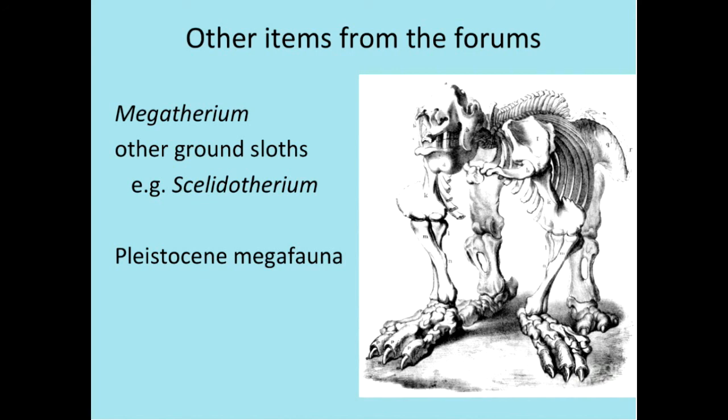So megatherium was just one of those, and these were one of the things at the time people started to find a lot more fossil animals, and big fossil animals that they knew didn't exist anymore. A great big thing like a woolly mammoth or a mastodon or something, you can't just miss those. They must be around. If they still existed, people would know they existed. So this was suggesting that, okay, things really had gone extinct. So there was a range of these